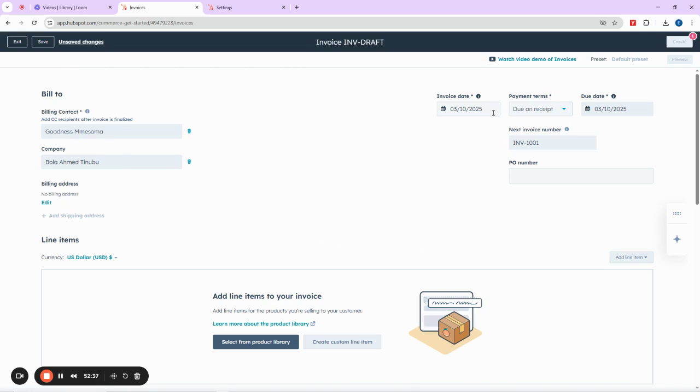Okay. Can you see that we have billing contacts, the company where the person is working, her address. Then here we have payment terms. Here we have due dates and then invoice dates. We even have the next invoice number here. Okay. So what do you do now? You can add